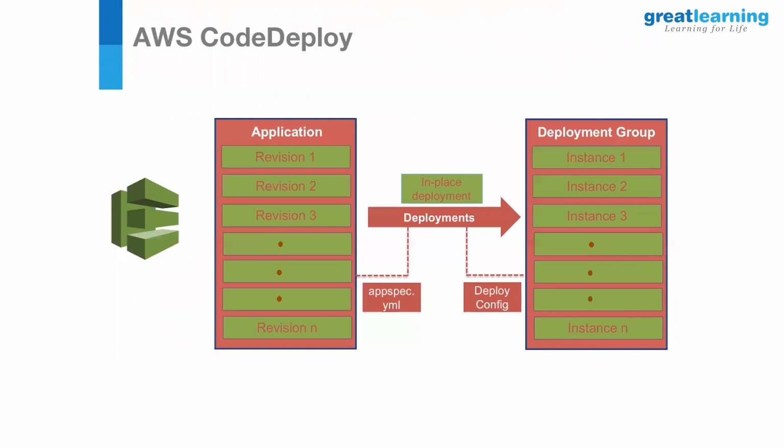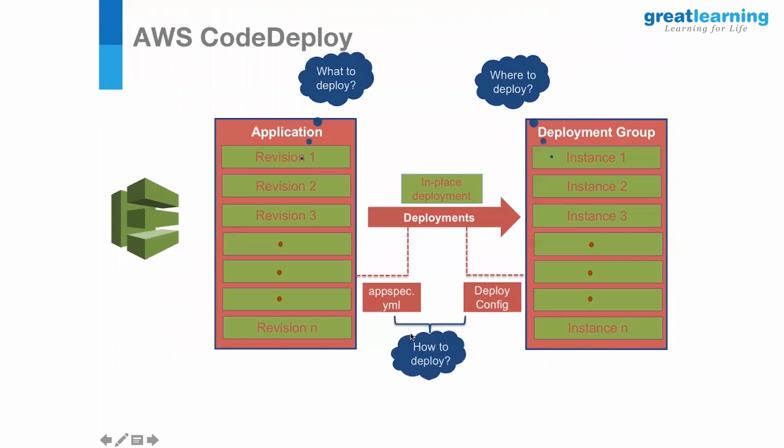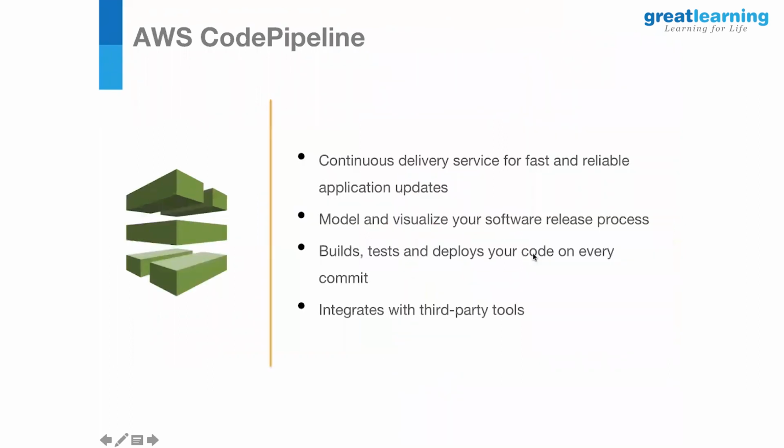If there is no deployment configuration associated with either the deployment or the deployment group, then by default, AWS CodeDeploy will deploy to one instance at a time. We will see how you configure this later. So basically, in AWS CodeDeploy, application and revision talk about what to deploy, and this portion talks about where to deploy, and these configuration files mostly are into how to deploy. So these are the key things in a nutshell when you talk about CodeDeploy components.